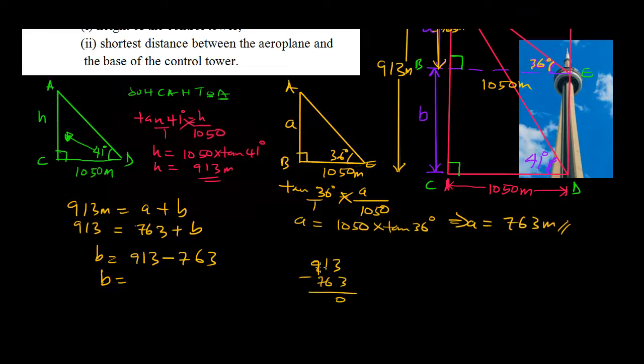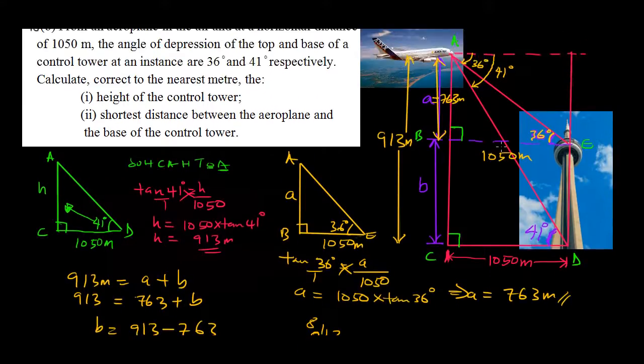8 minus 7 gives us 1, and 11 minus 6 gives us 5. So this is 150 meters. It means the height of the control tower is equal to 150 meters. Now the next question says, calculate the shortest distance between the aeroplane and the base of the control